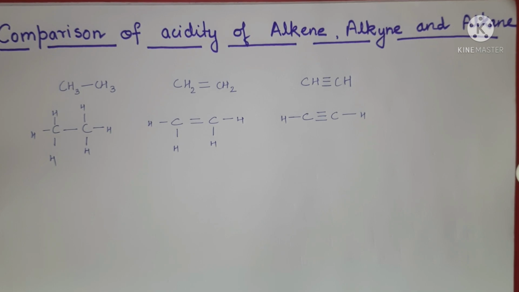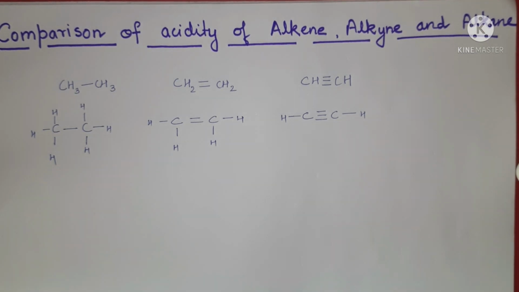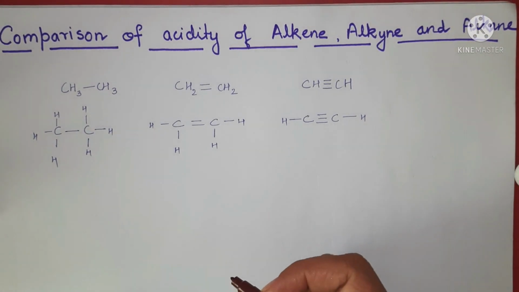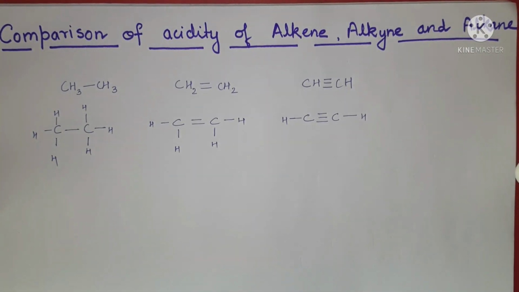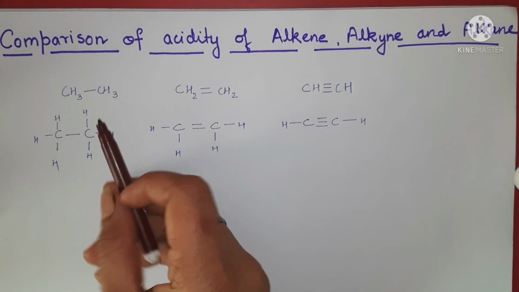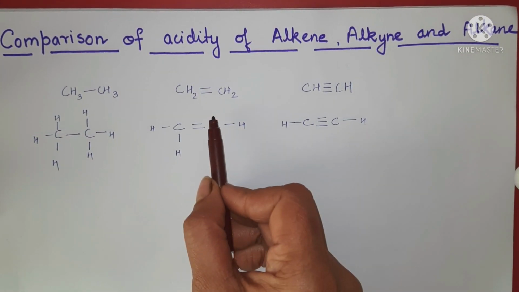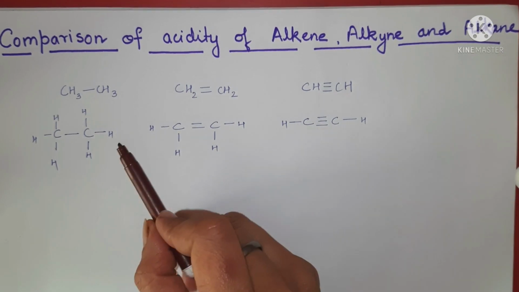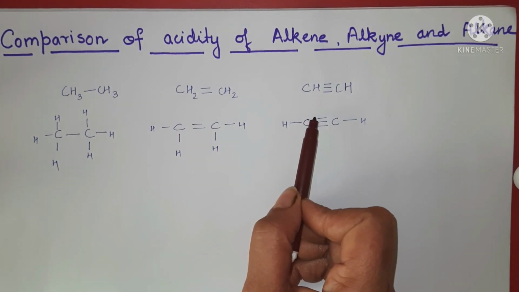In this video, we are going to compare the acidity of alkene, alkyne and alkane. First of all, we need to understand what acidity is. What do you mean by acidic nature? Basically, acidic nature is shown by any compound which has a proton in it and has the tendency to lose that proton. As you can see here, alkane, alkene and alkyne, all three compounds have a proton in them,